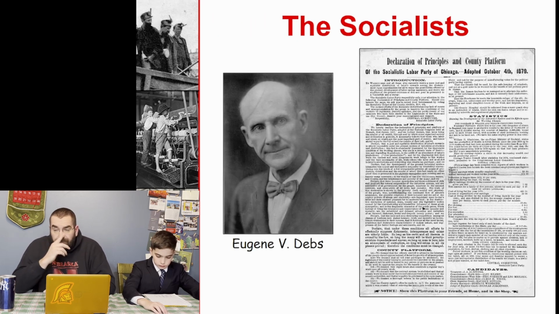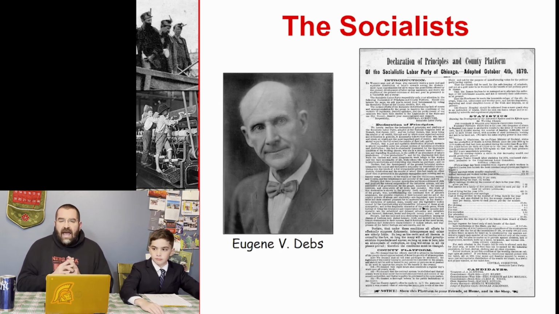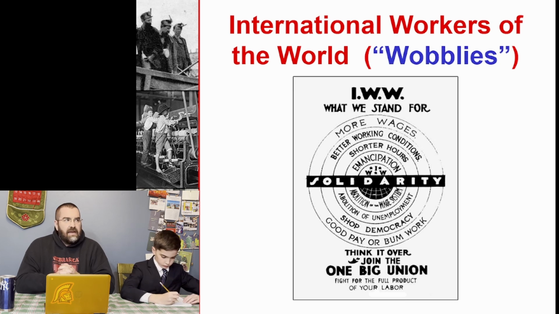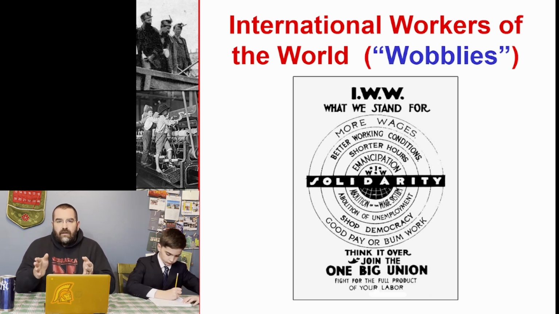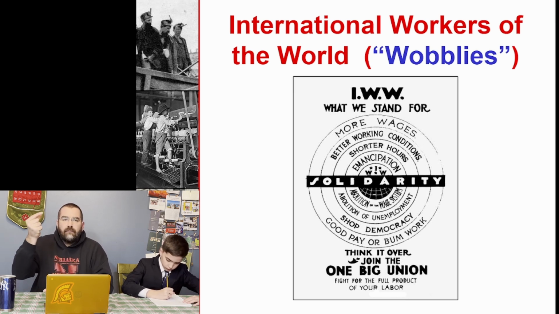All right, now, some unions and some union leaders became more radical. And the best example I can give you, one you have to know for the Regents and the AP test, is Eugene V. Debs. Debs was the head of the American Railway Union. He was a big shot in another union called the IWW, the International Workers of the World. Debs was the five-time